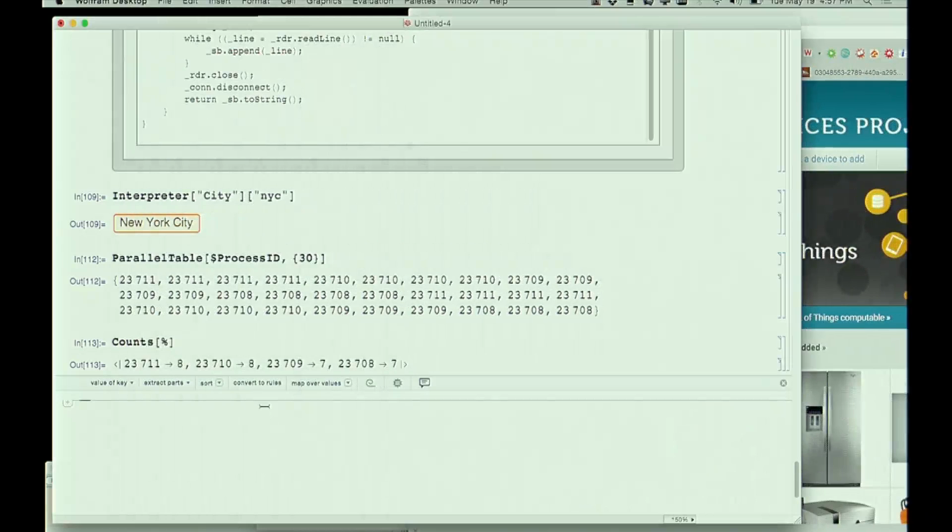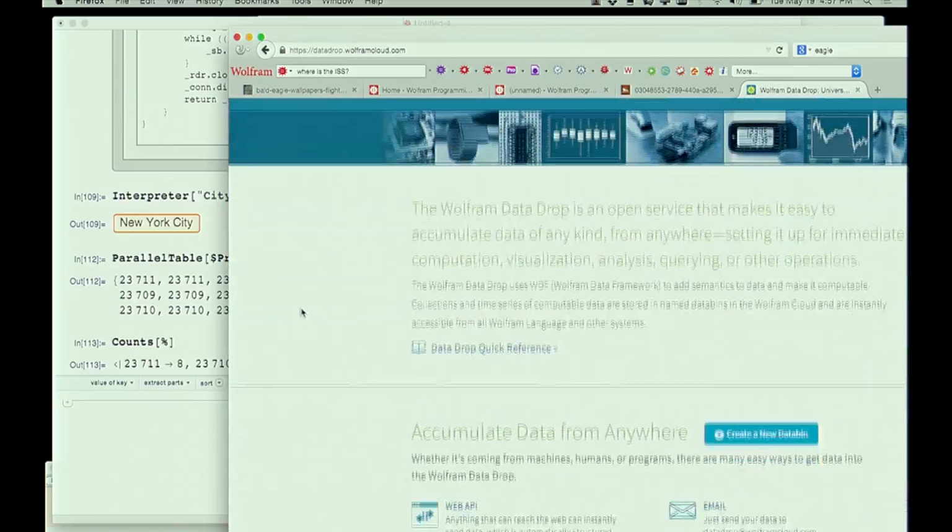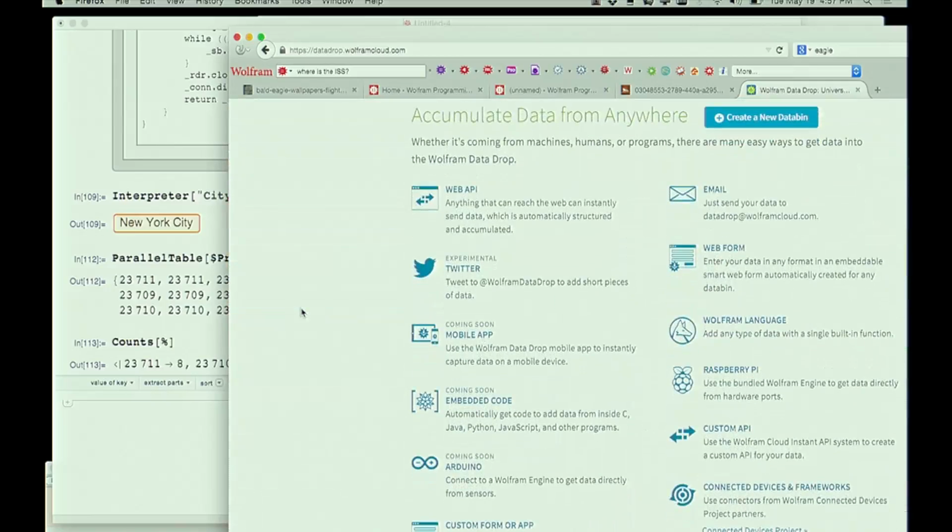One of the mechanisms that we have recently is the thing we call our data drop. The idea there is to have an easy way for all sorts of devices to just drop data into our cloud. By your standards, the amounts of data being dropped are utterly chicken feed trivial, because the case that we're dealing with right now is things that are dropping data less than once a second.